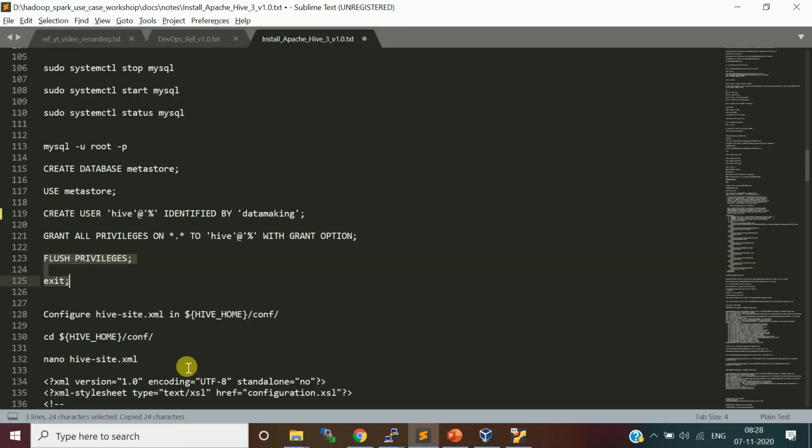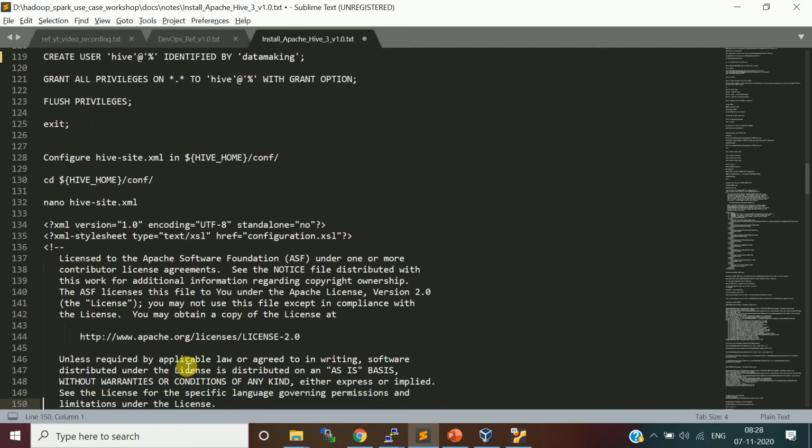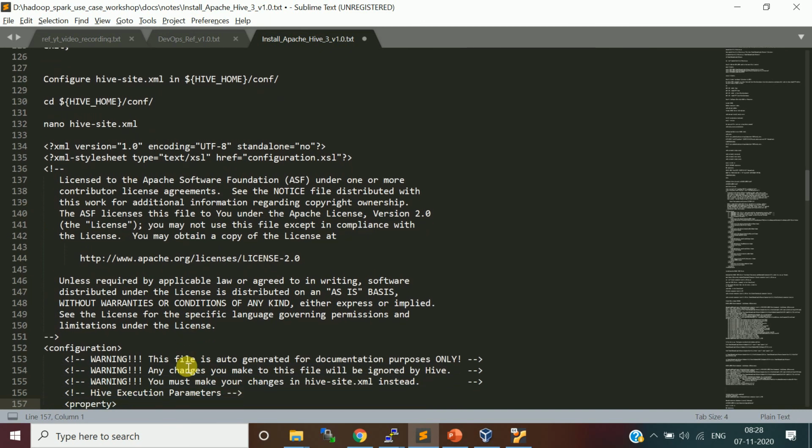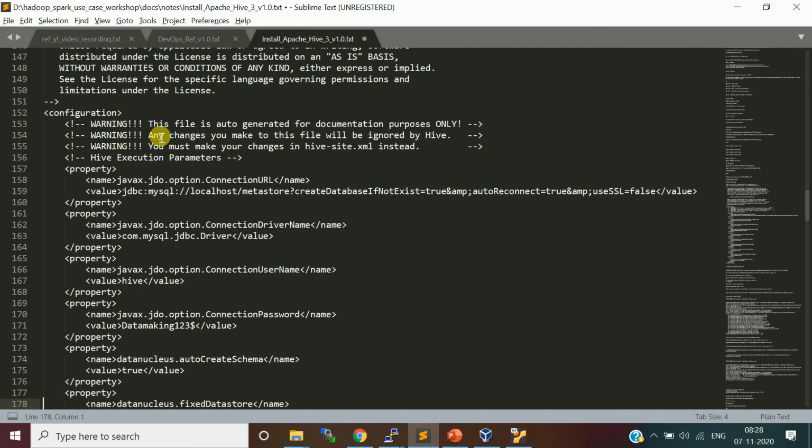This is done. Now Hive uses a configuration file called hive-site.xml. This is the file Hive is going to refer to for different purposes, like the Metastore. What is the Metastore database, and what is the JDBC URL to connect to the Metastore database? We are using MySQL now, so what is the driver it has to use?